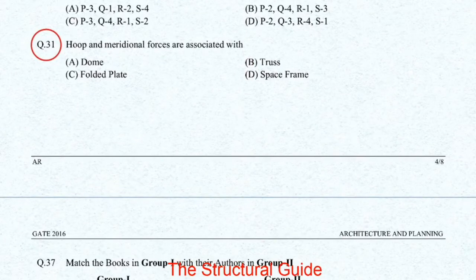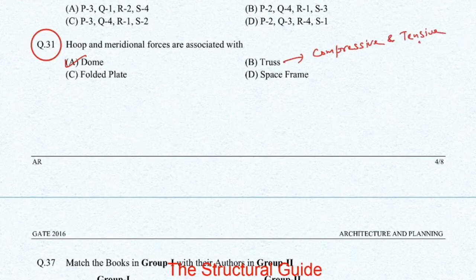Next question is, hoop and meridional forces are associated with. The answer is, it is associated with dome. Why? Because in truss there are only two forces, that is compressive force and tensile force, compressive and tensile forces, right? In a space frame, the forces are in the form of